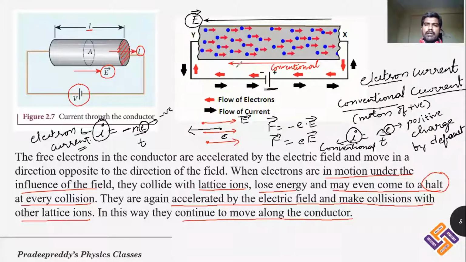So usually whenever electrons are moving, definitely as we have seen in the previous video, we have animation also. Electrons are moving in random directions. If it is under external electric field, they will be moving in ordered motion. So when they are moving in ordered motion, definitely they get collided with ions. As a result, they lost their energy. But because of electric field, again they get accelerated in opposite direction to that of electric field. Like that, continuously they may be drifted from negative terminal of the battery to positive terminal of the battery. Clear? This is what we have learned in this slide.